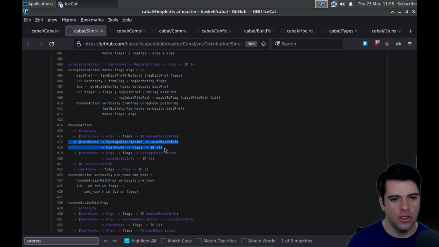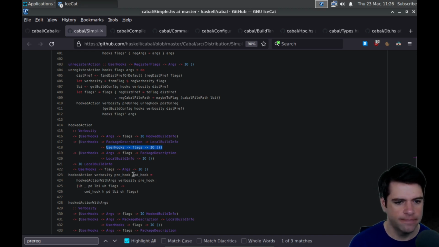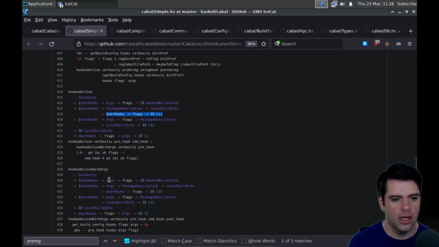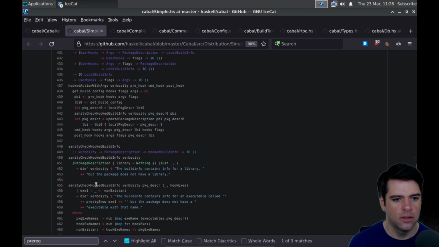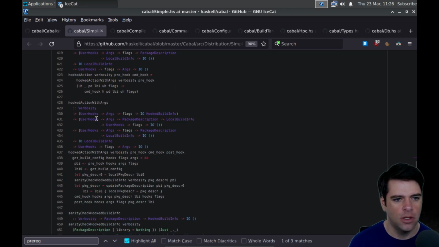The command hook is going to maybe return a function that maps user hooks and flags and actually does the operation. I'm not sure. And this is calling out to hooked action with args. And hooked action with args is kind of similar, but I assume it has args.